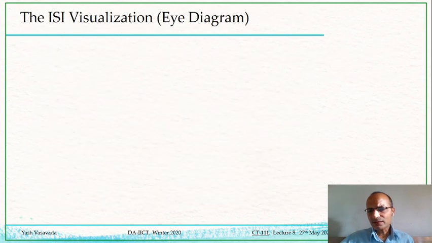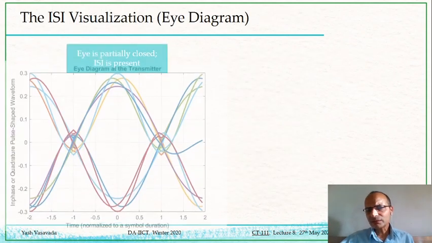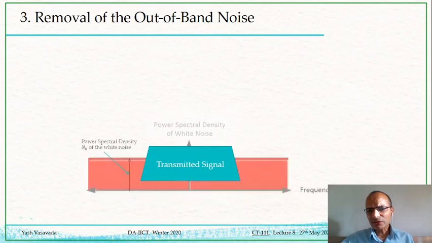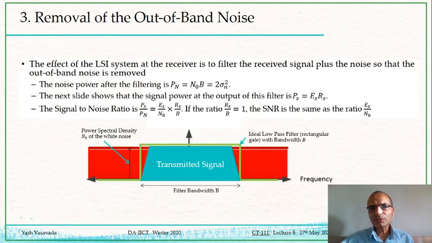And because alpha is some value less than 1 and greater than 0, you can see that Rs over B is going to be pretty close to 1. It may not be exactly 1, it may be like 0.9 or maybe even 0.8, but it will not become 0. Basically, bandwidth and symbol rates are going to be quite similar. And therefore, Es over N naught and signal to noise ratio are also going to be very similar. Maybe there will be a small factor of 1 over 1 plus alpha that relates the two.